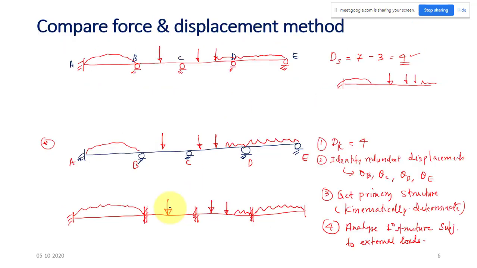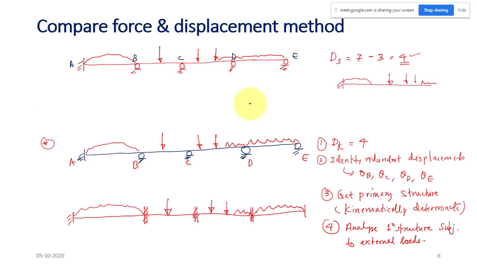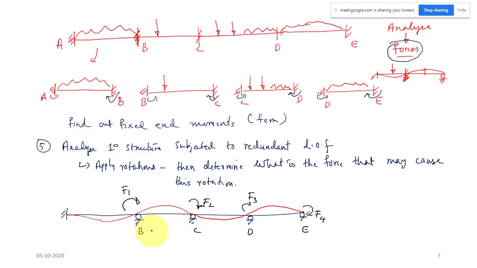So what was the next step in the force method? So this much we have completed. In the next step we are using the compatibility equation to solve the redundant force in the structure. So we are going to do the same step in the displacement method also. And the next step in the displacement method will be, so we will use compatibility equation in force method, but here we will apply